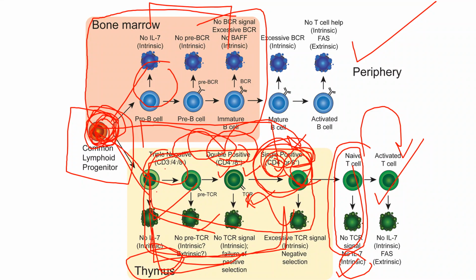But the progenitor of these T cells is inside the bone marrow, and these are for the BCR signals. BCR, that is, B cells, we know that B cells help in the formation of antibodies, and here we can see that even the progenitor of these B cells is present inside the bone marrow, and even the development of these B cells happens in the bone marrow. So both are present in the bone marrow, but in case of T cells, the origin is in the bone marrow, but the development stages are in the thymus only, right?